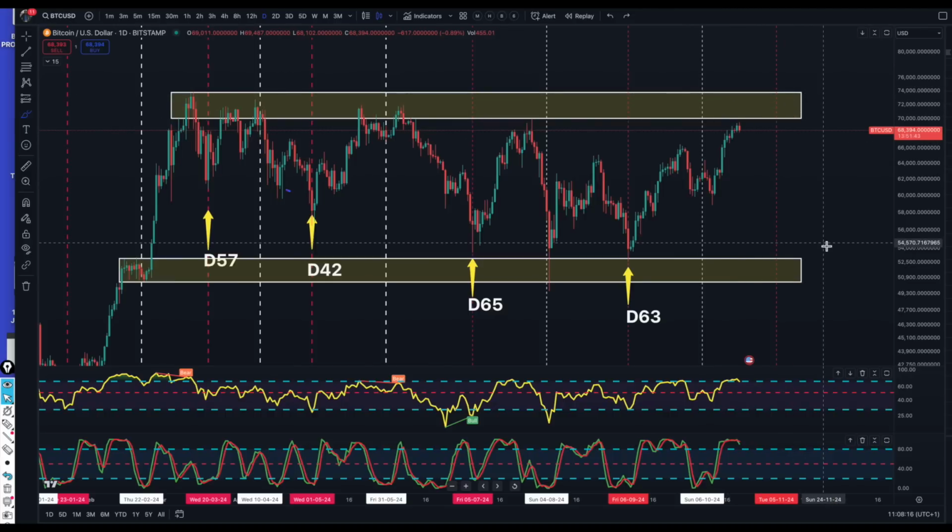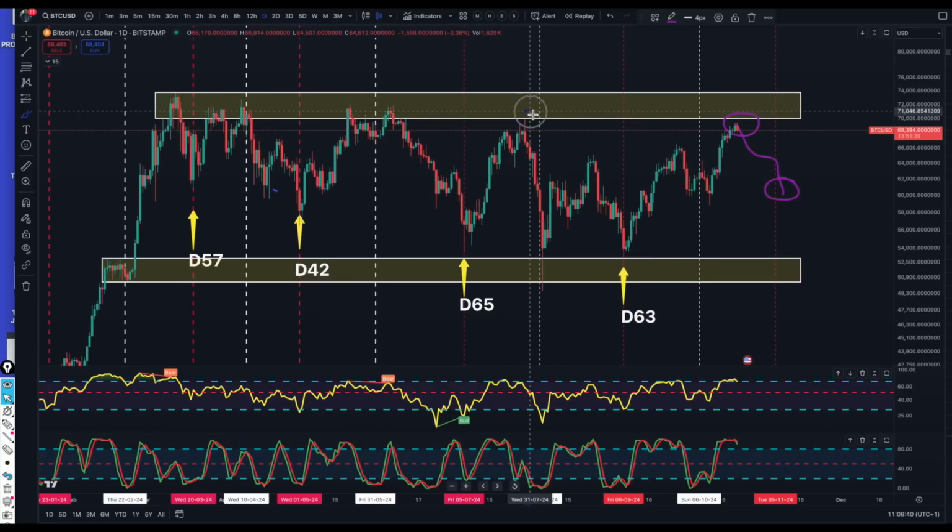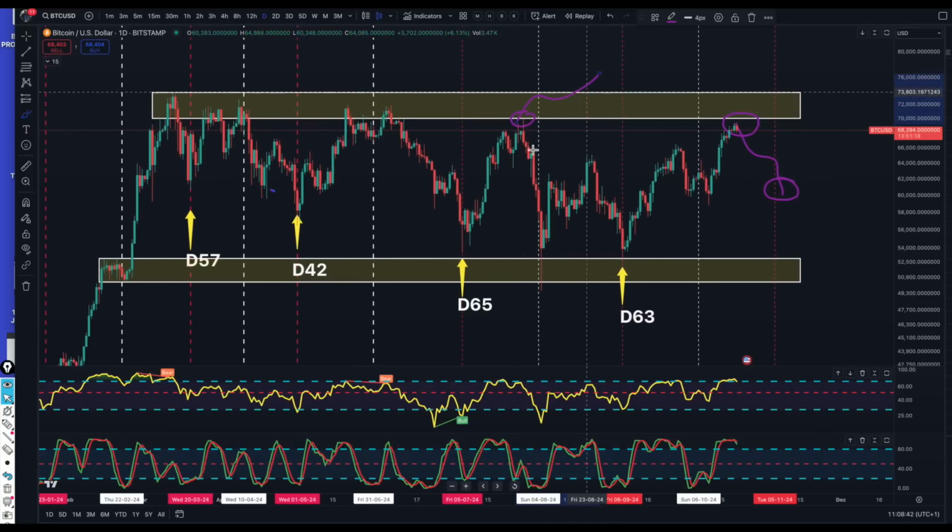And a lot of people always ask about what the strategy should be at this point. If you feel that this is going to get rejected here, well, this is your opportunity to get out and take something off the table, because there's no point doing it when it's down here. What tends to happen is that people are hoping that the price will go up from here, and then they ride it all the way down here, and then they get frightened, and out of fear, they lose their positions down here at a very low price. So if your conviction is that we've now topped out at the 69,000, then this would be the ideal time to take some profits off the table.